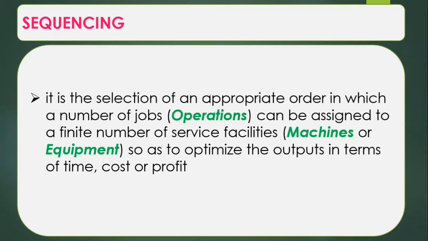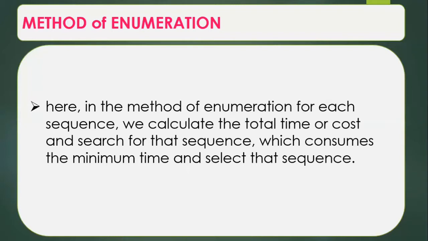So in case there are 3 or 4 jobs to be processed on 2 machines, it may be done by trial and error method to decide the optimal sequence. For example, we have the method of enumeration. And in the method of enumeration, for each sequence, what we actually do is we calculate the total time or cost and search for that sequence which consumes the minimum time and select